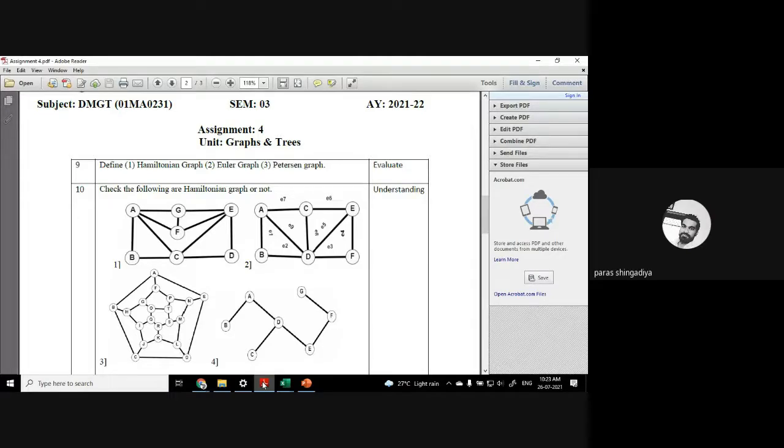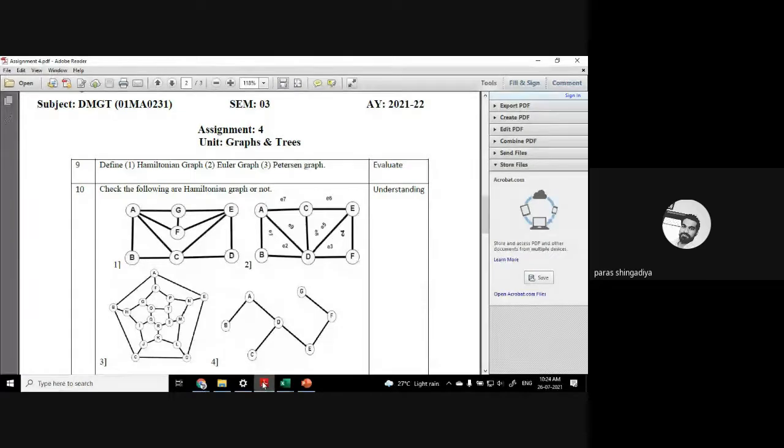Okay, the same way. You do it for question number example 2. Okay, graph 2. Just move on the boundary A, B, C, D, E, then A, B, then after D, F, E, C, and A. Clear? That is a Hamiltonian cycle, and clearly it is a Hamiltonian graph. Then consider the Hamiltonian path. Just consider A E1 B, B E2 D, D E3 F, F E4 E, E E6 C. That's it. For the Hamiltonian cycle, move on the C E7 A. That is the Hamiltonian cycle, and for the Hamiltonian path, reach up to C.